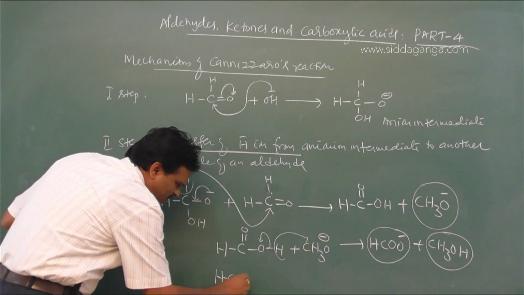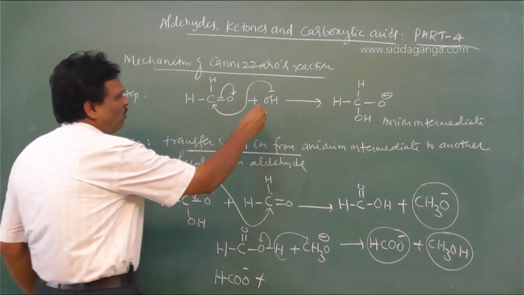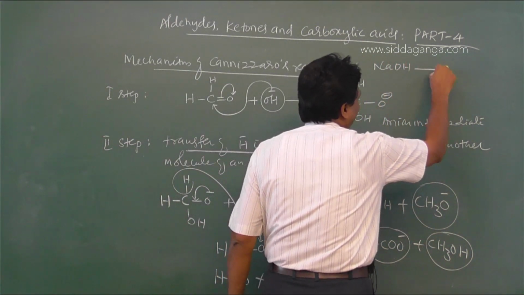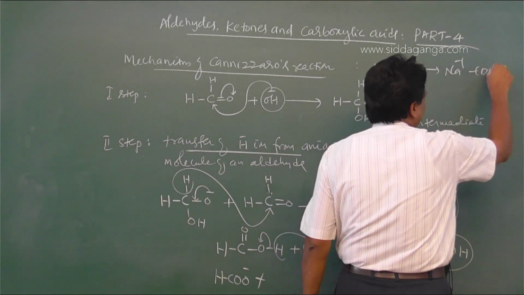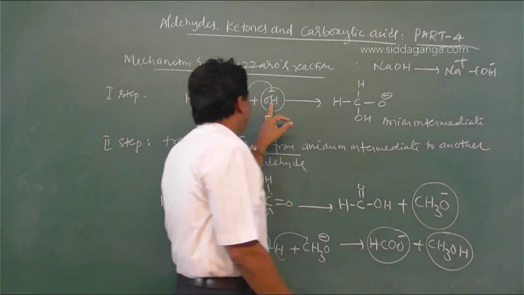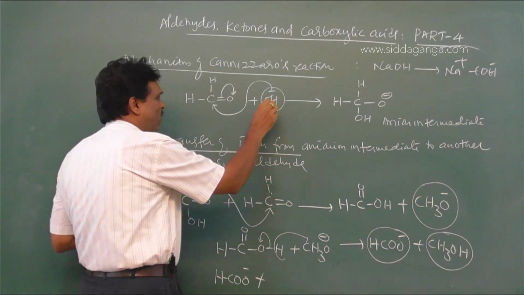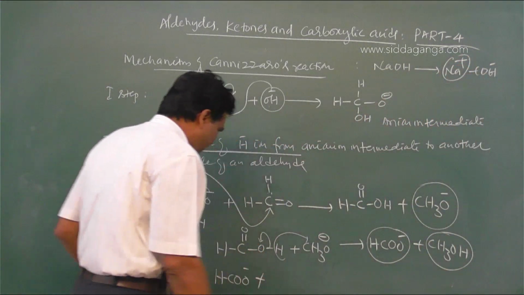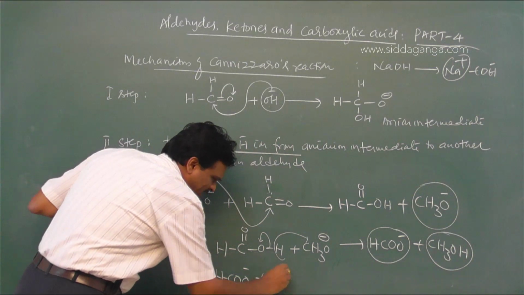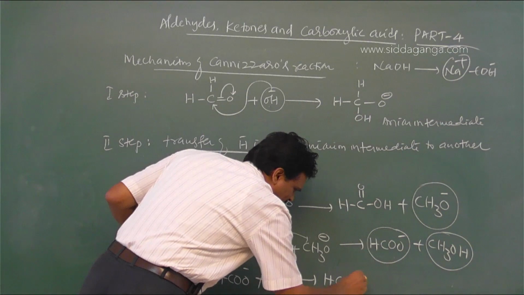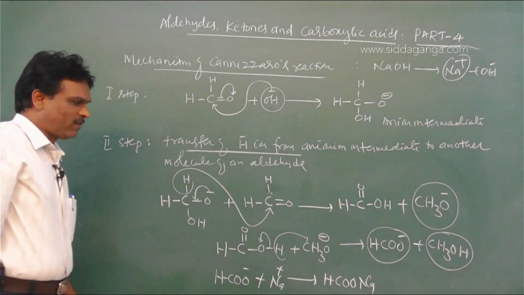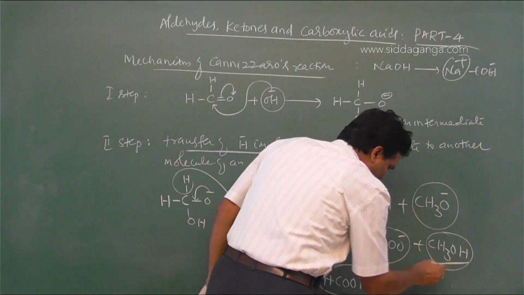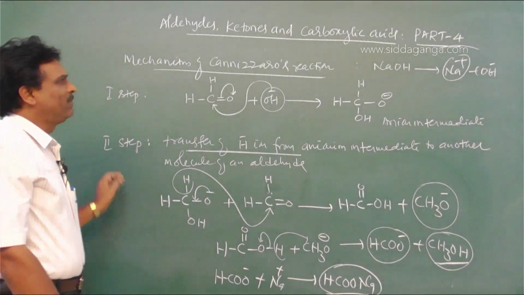This formate ion can accept the Na plus from NaOH. In this reaction, sodium hydroxide ionizes to form Na plus and OH minus ion. So in the first stage, the base acts as a nucleophile and attacks the carbon. Then the remaining Na plus ion, at the end of the reaction, interacts with the formate ion and gives sodium formate. So the final compounds are sodium formate, the sodium salt of carboxylic acid, and methanol. So these are the two products formed in the Cannizzaro reaction.